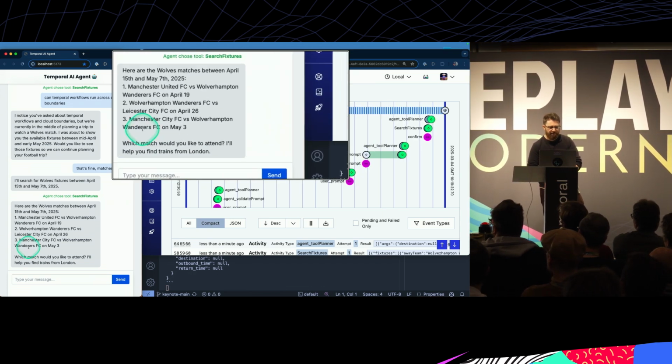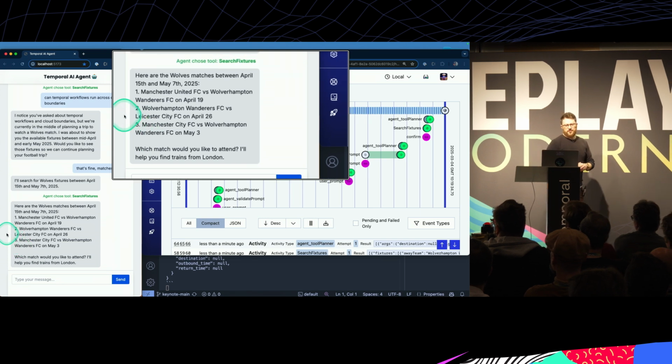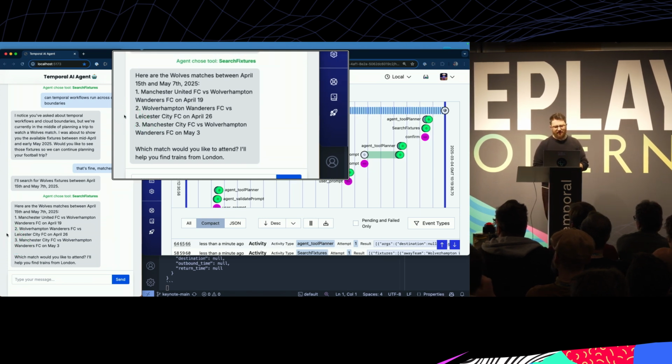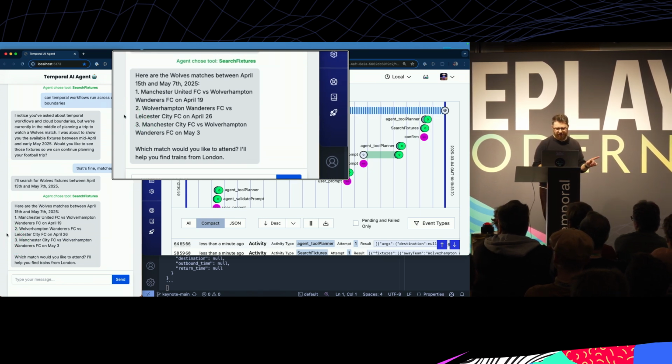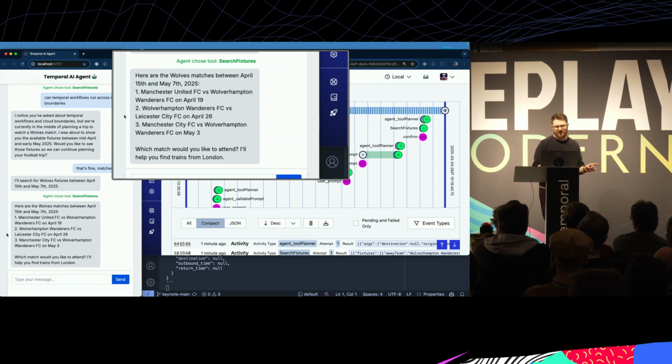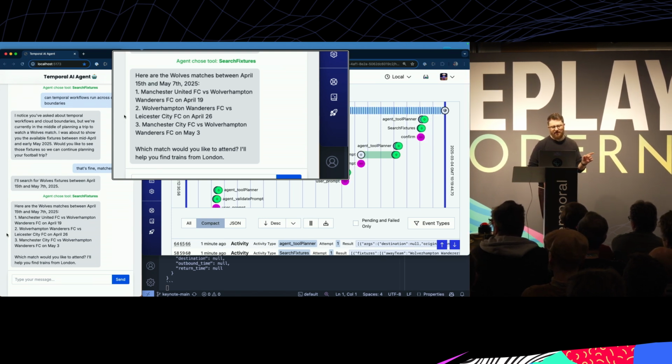All right. Here are the Wolves matches between April 15 and May 7th. Okay, we have a couple of Manchester matches. We've got Man United on the 19th, and we've got Man City on May the 3rd. I don't know which one to choose. Don't worry, this is the last, I think, crowd participatory aspect to this, but I literally can't decide between City